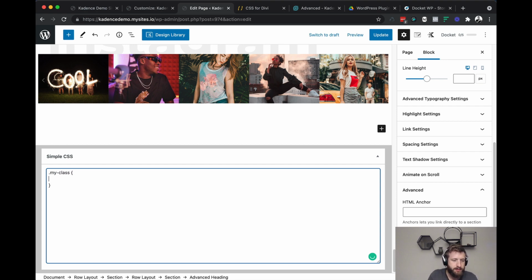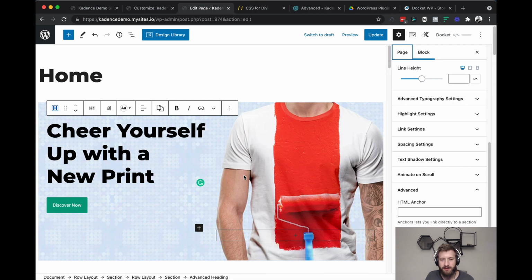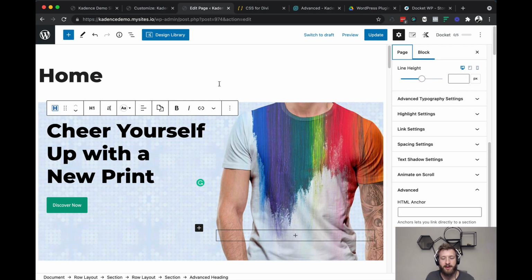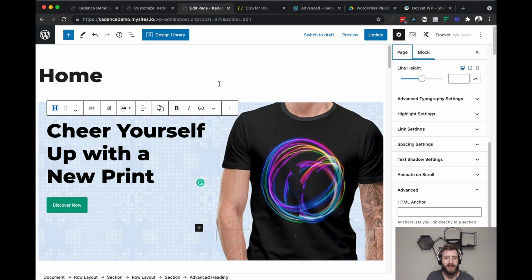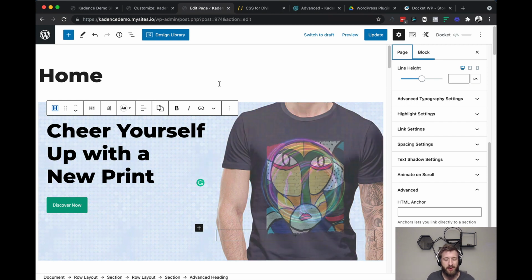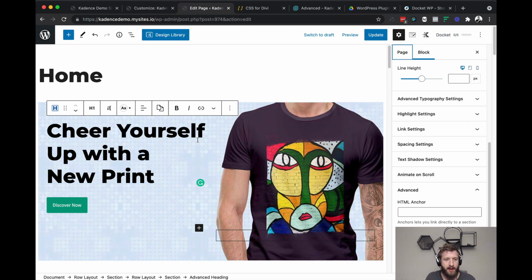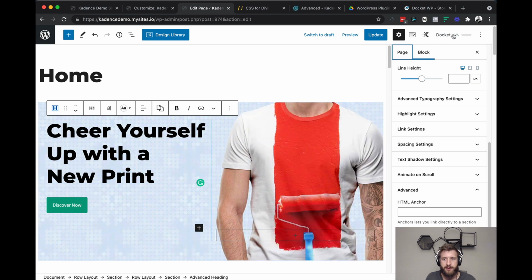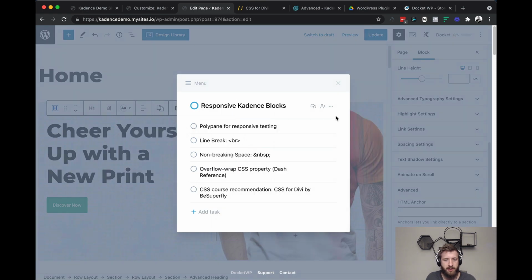And you could give some rule of some kind. I don't have a good example right now, but I just wanted to throw that in. Page specific CSS, that can be a really handy thing. And then you're not loading unneeded CSS on every page of your site. You're just putting it in one little place that you need it. Okay, let us, and when I say us, I mean me, look back here. Okay, so we've done line break, non-breaking space, overflow wrap.